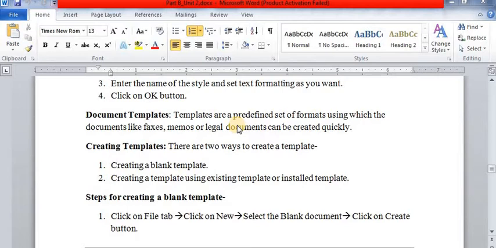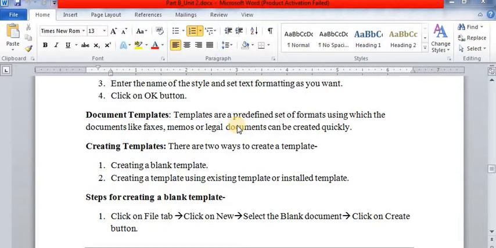Suppose whenever you fill a form, you focus on entries or designing the form. Obviously you focus on entry, not designing the form. Each time you never design the form. So this is the template. Using a template, first of all you will design your form and the focus will be on entry, to enter the data.